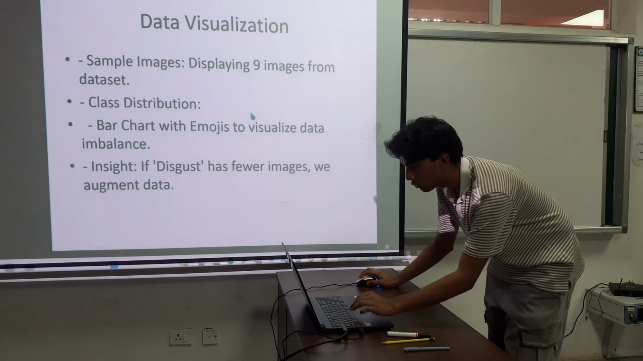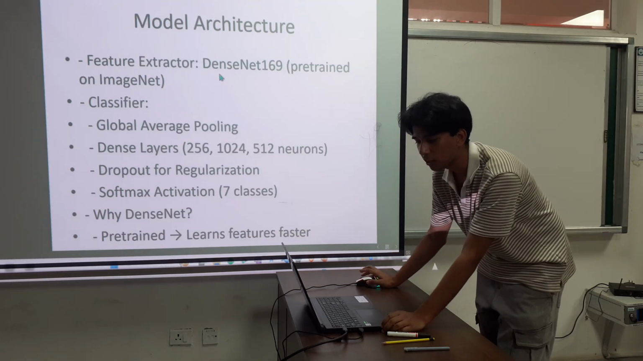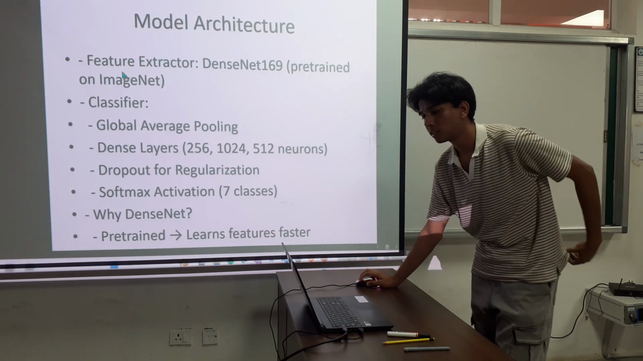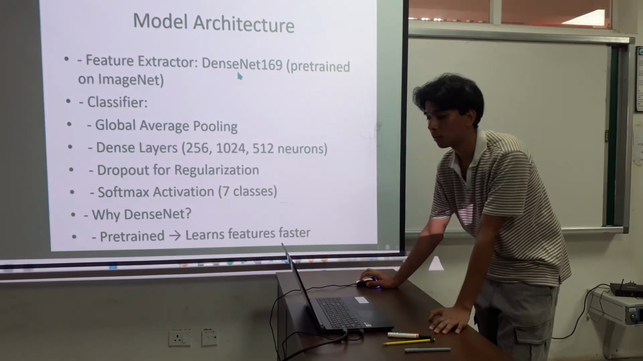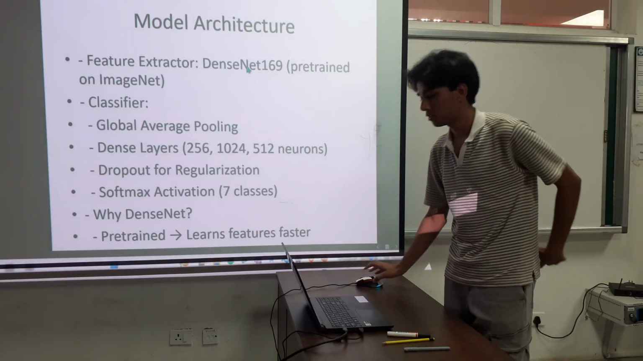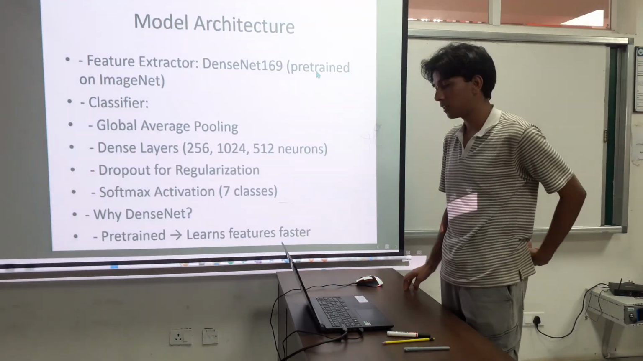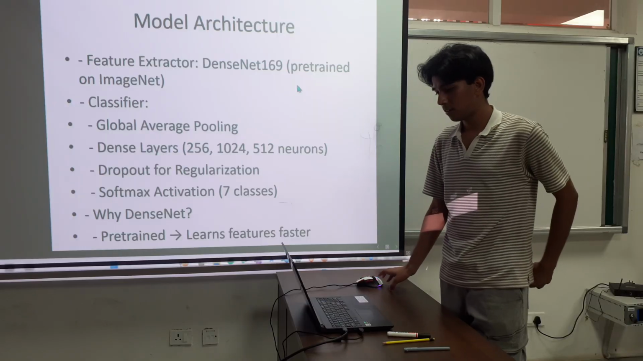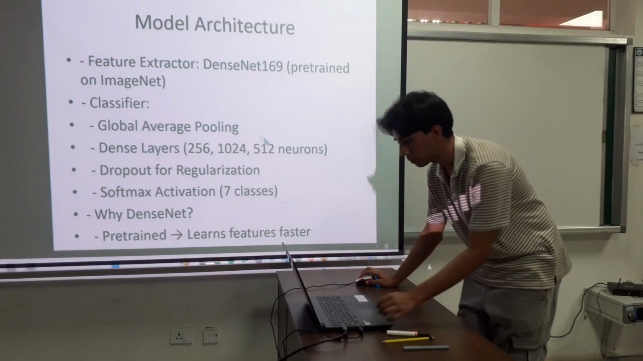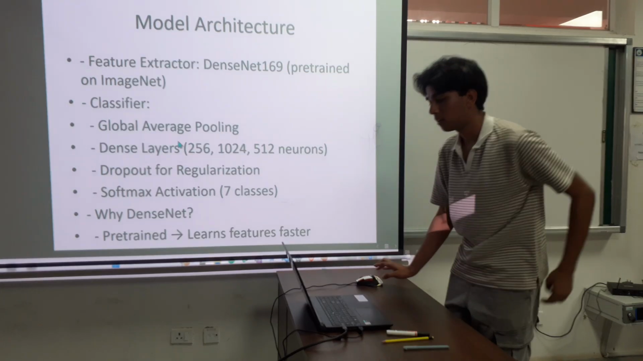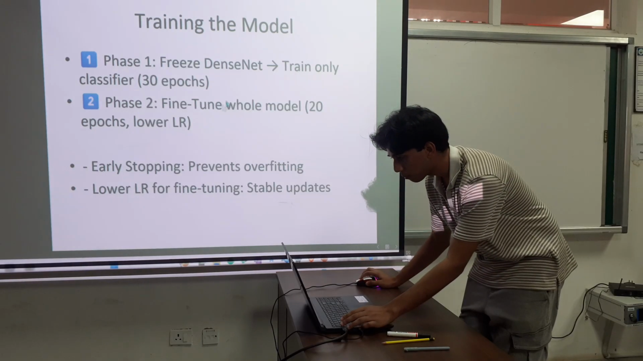So next we come to the model architecture. Here, as you can see, the feature extractor is this model, DenseNet 169. As we have written here, it's a pre-trained model, and these are all classifiers. We took them out from this model, and we use a predefined model